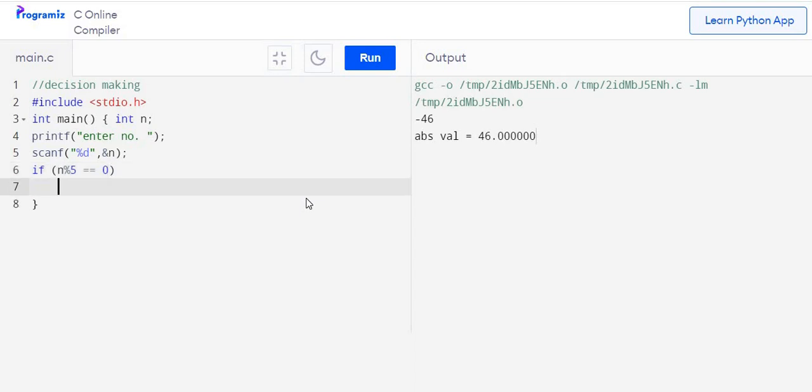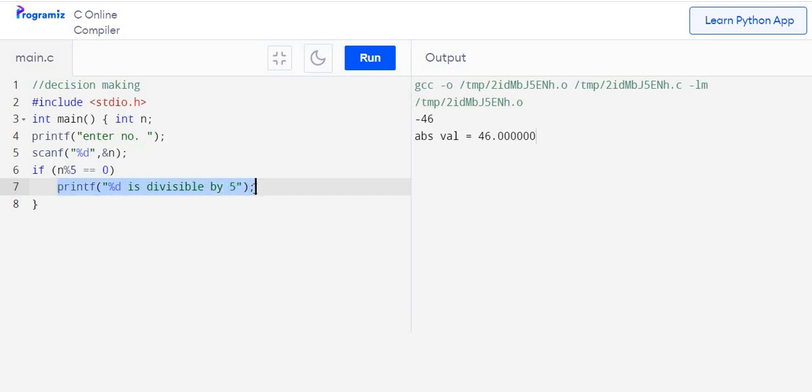So printf "%d, that is this number, is divisible by 5." So in this case it is divisible by 5.